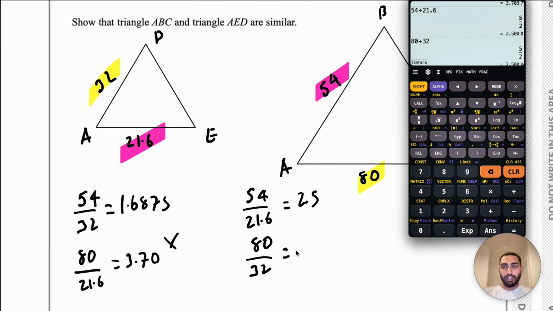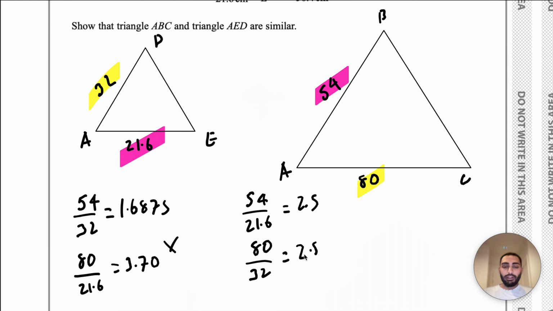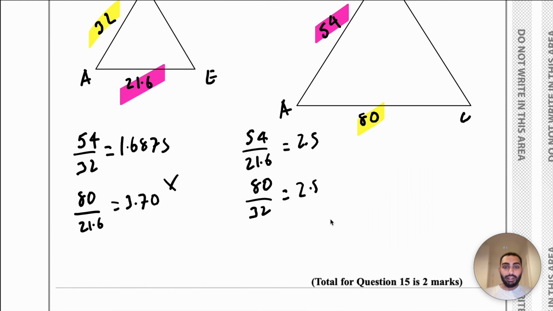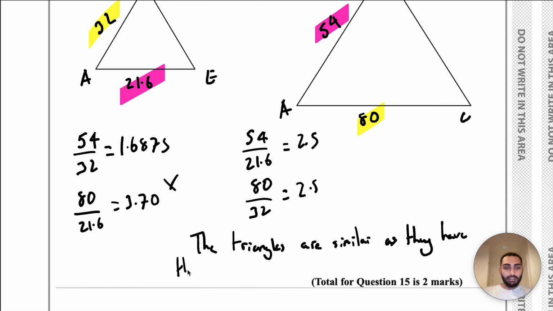Hopefully it's 0.5 again, and yeah, it's 2.5. So they have the same length scale factor. That means they are similar, they're enlargements of each other. So we can say the triangles are similar as they have the same scale factor